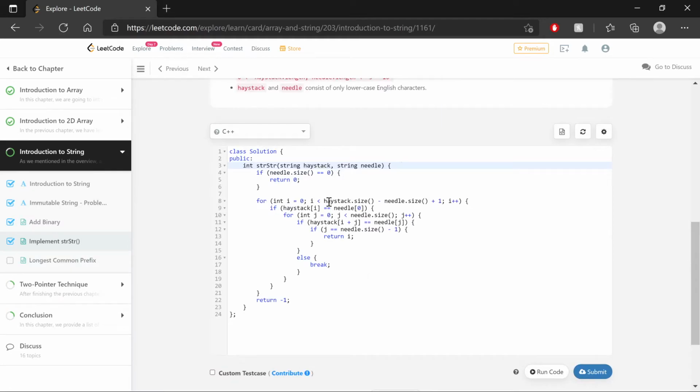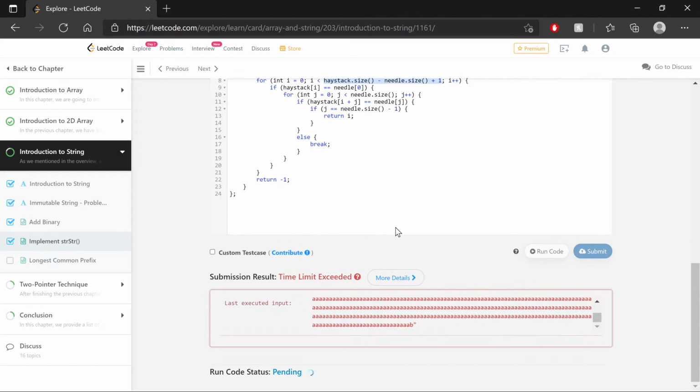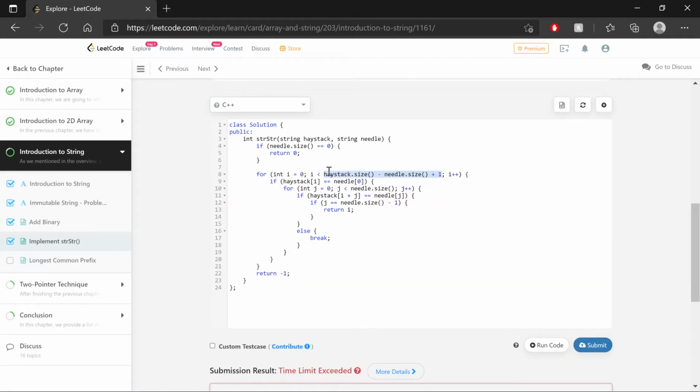Now, there's one additional issue here. When you're doing subtractions within the condition with here haystack size and needle size, it has an issue actually being able to do that before you go into it. I'll show you what I mean. We've made this change. Let's go ahead and run code. Pending, judging. It can work for this situation, but what about when the needle is much, much larger than the